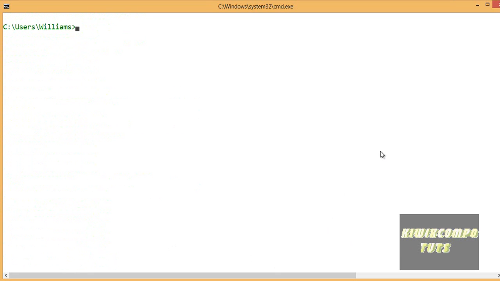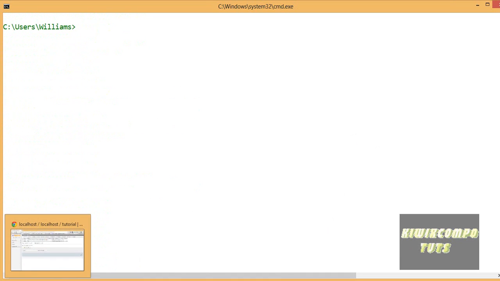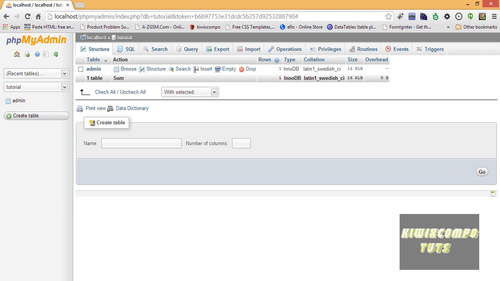And we have just inserted some values into our admin table, and this is how it basically works. And you see, it's no big deal, and I believe